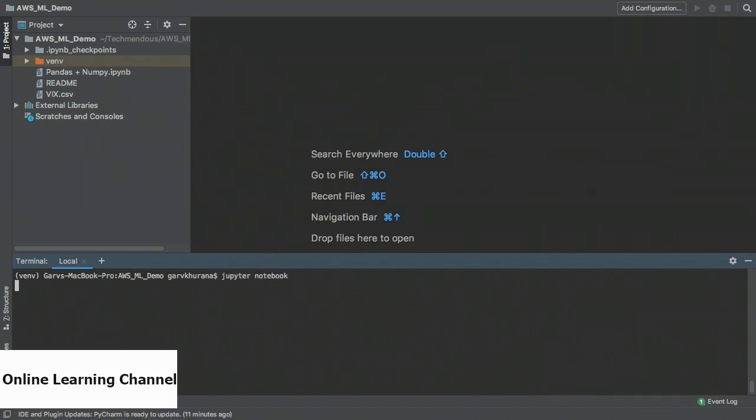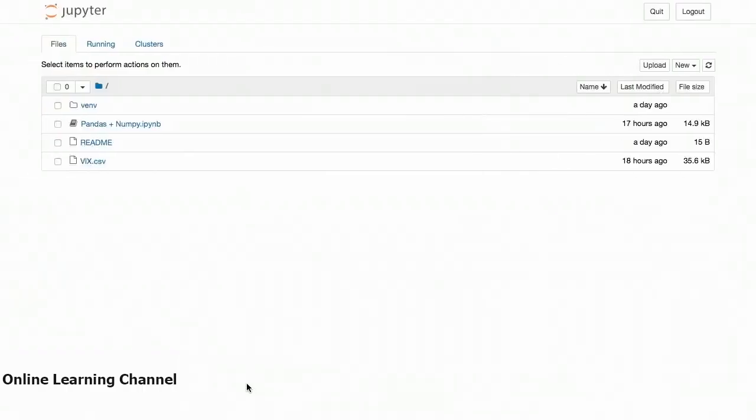On pressing the Enter key, the Jupyter Notebook will be opened in a new tab in your browser. As we can see, there are some existing files in this Jupyter Notebook, and one of the files is stored with the .ipynb extension. This is the extension that Jupyter Notebook uses to save its files. The code files can be shared as just another document and can be opened and run on any instance of